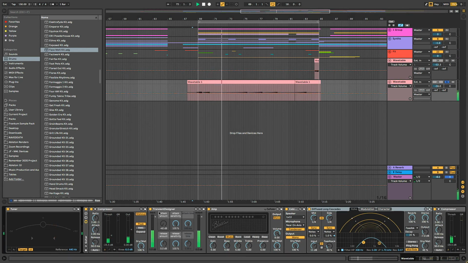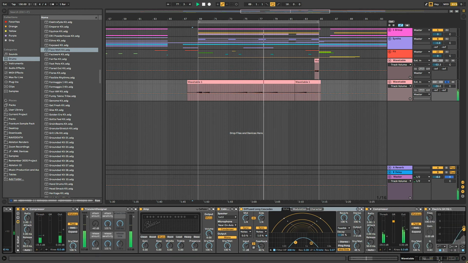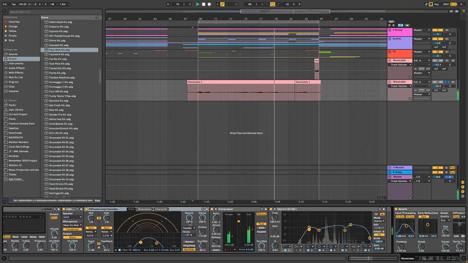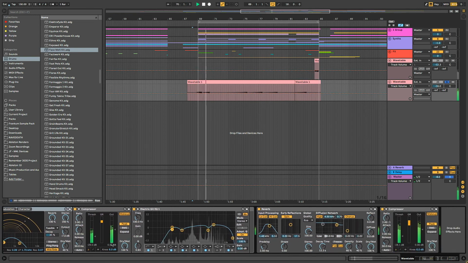It's got a transient designer just to... let's have a look, what's that doing? Softening the attacks. Then we've got amp and cabinet, very basic Ableton stuff. Got the echo, just creating some delays on the mid and sides. Compressor just to flatten it. EQ, again, standard preset. The reverb's doing all the work here, so if we take that off, I mean, it still sounds cool,